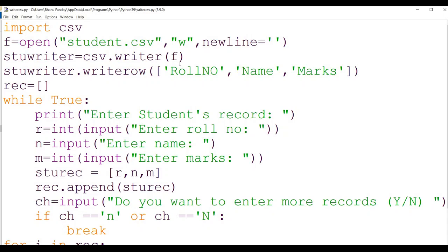If you want to use another kind of delimiter, for this purpose you have to write delimiter equals to, this time I want to write the delimiter semicolon. Press semicolon and then save your file again and then run it.